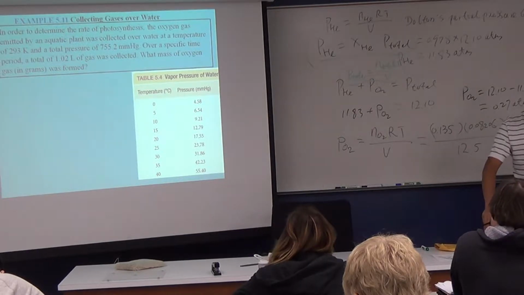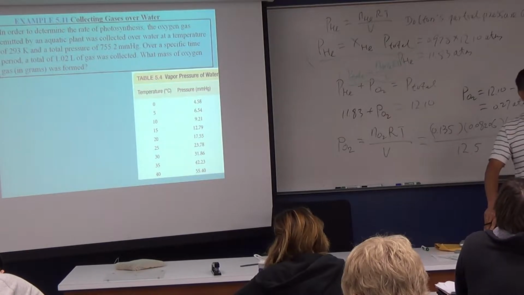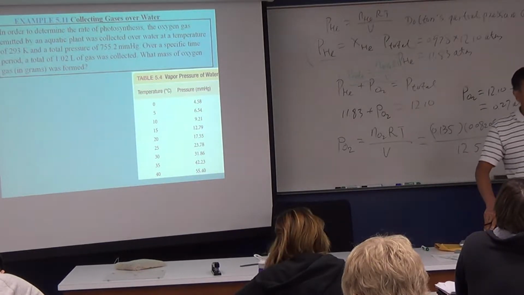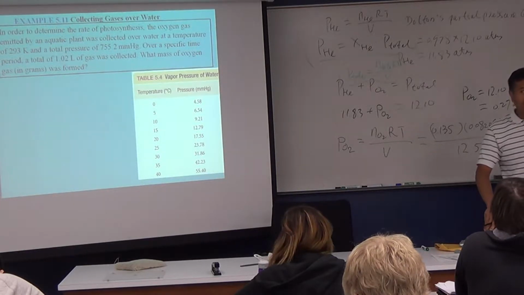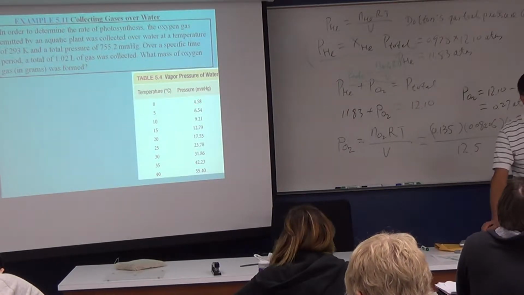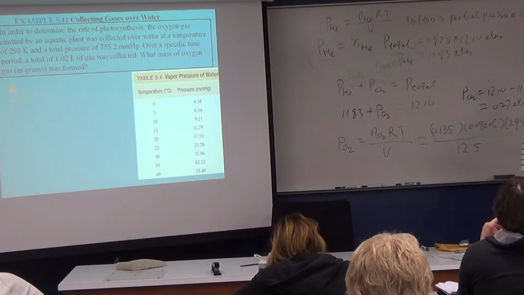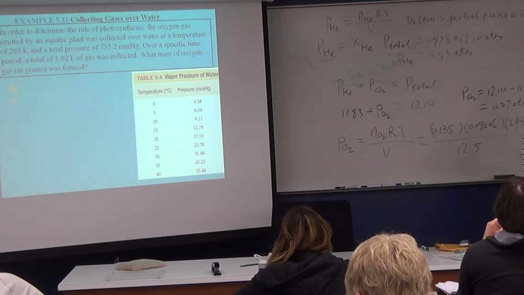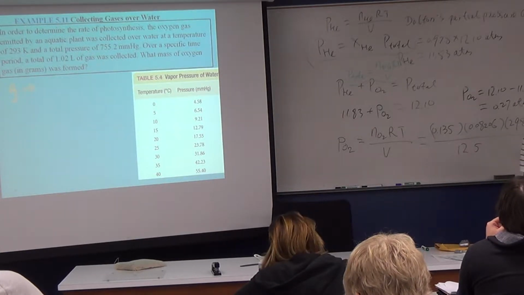You read those questions carefully, see what it gives you and what you want to find out, and either go the forward way, from what it gives you going forward, or the backward way, starting from what you want to find out. So what we want to find out is the mass of oxygen gas. We start with that, going the backward way in our plan. We know gram, and